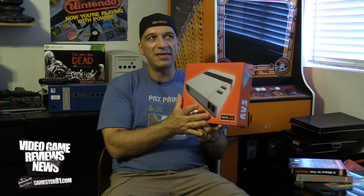There's a built-in Game Genie, as opposed to the Retron 5 or the Retro Freak, where those systems dump the ROM and emulate the game. This actually reads off the board, which I think is a plus. So definitely check it out. Is it perfect? No, but it's definitely a good system that you should check out. It's the AVS. And they had a whole bunch of launch titles that came out with it as well,